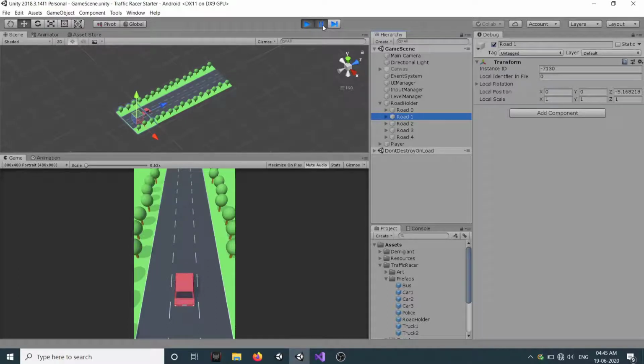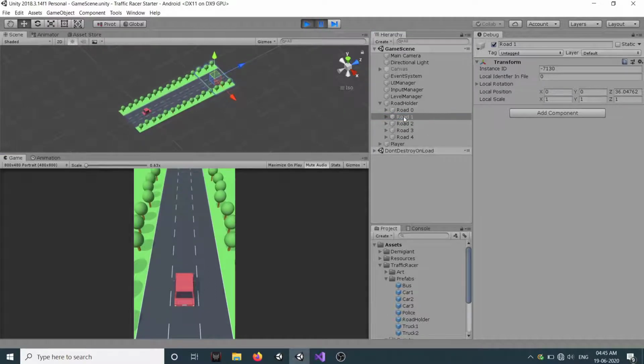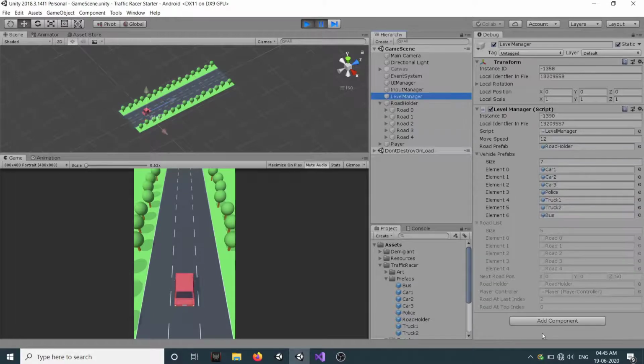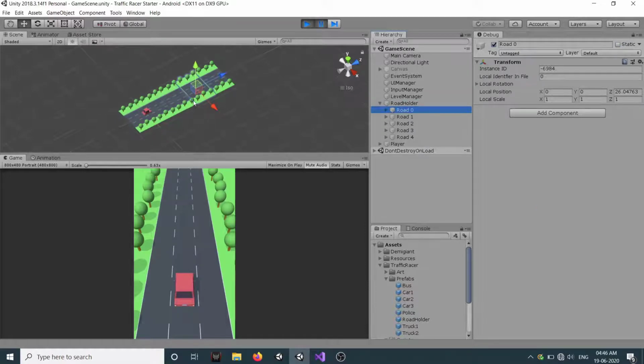So if I click on play, you see now our road 1 has become the topmost road, our road 2 is the last road, and if I go to our level manager, you see our road at top index is equal to 0, and this has become the top index road whose reference we took when we placed our road 1.